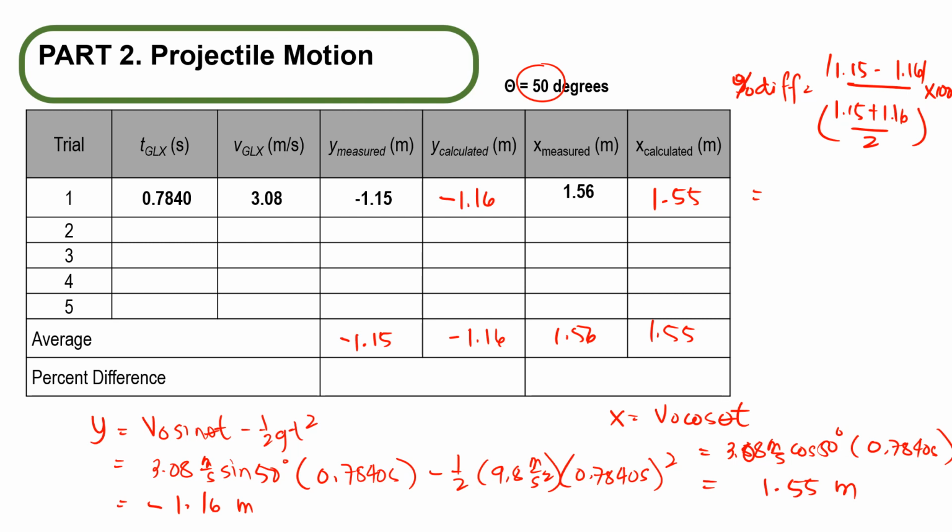So the percent difference here is actually equal to 0.87. Okay, and then for the other one, which is the x measured and x calculated, we just have to